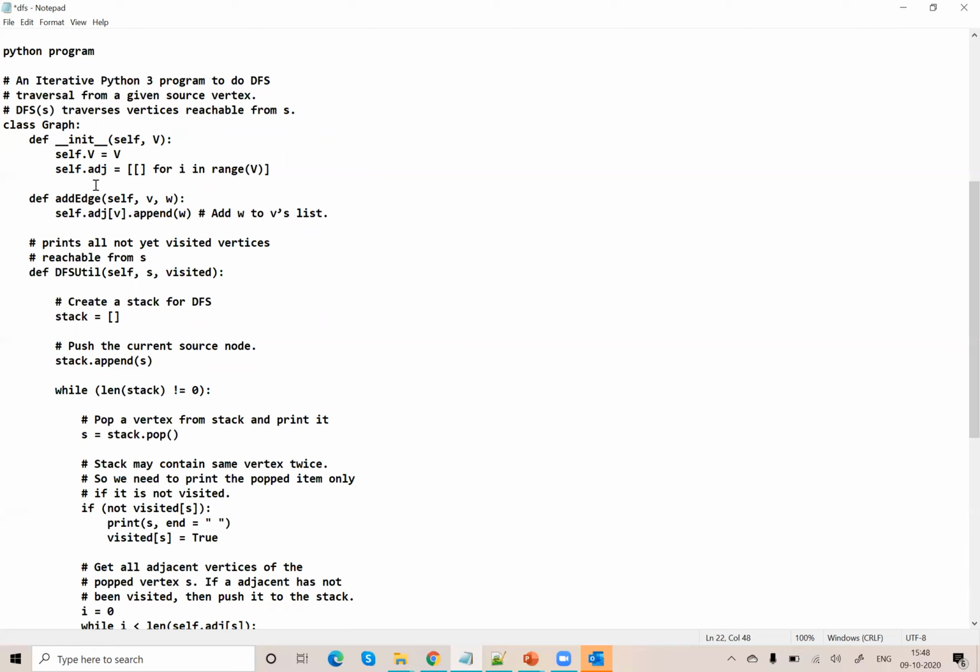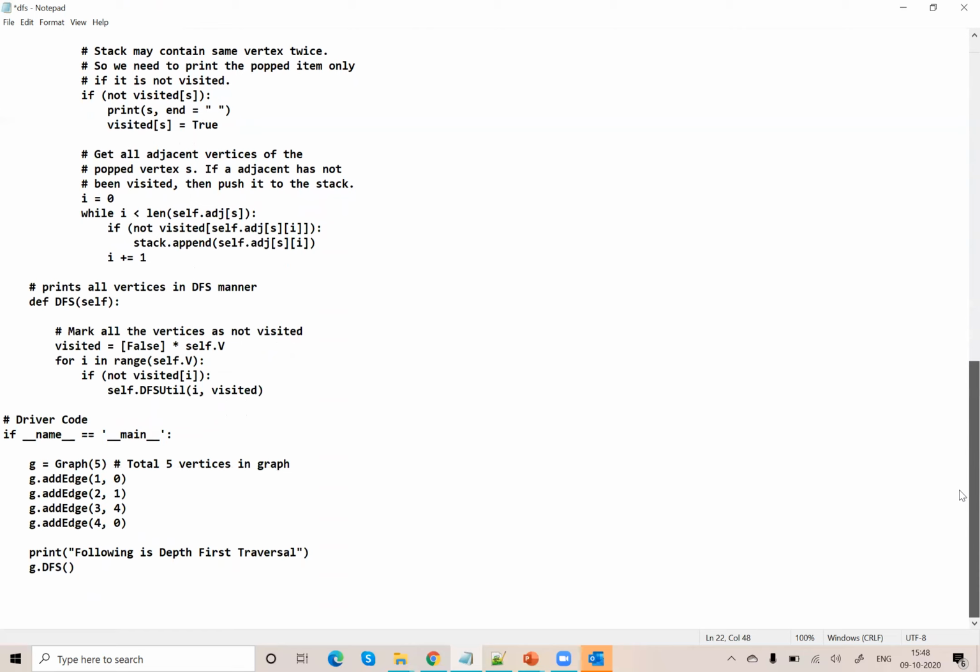Self.adj is equal to a list for i in range of v. Here what we are doing is creating an adjacency list for the graph. We will come back to this main driver code.